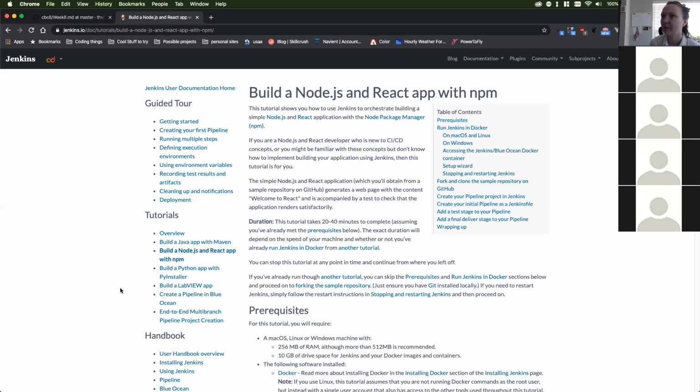But yeah, I just want to give you guys exposure to this and let you know what it is. Maybe we'll play with this. It says this tutorial only takes 20 to 40 minutes. That's exciting. I haven't used Jenkins before, but it's one of the most popular tools. I don't think it's super hard to learn. And again,